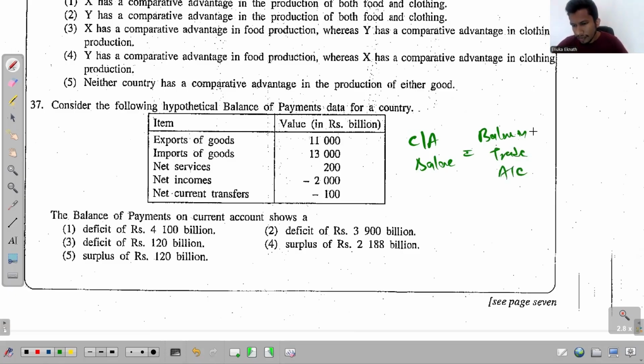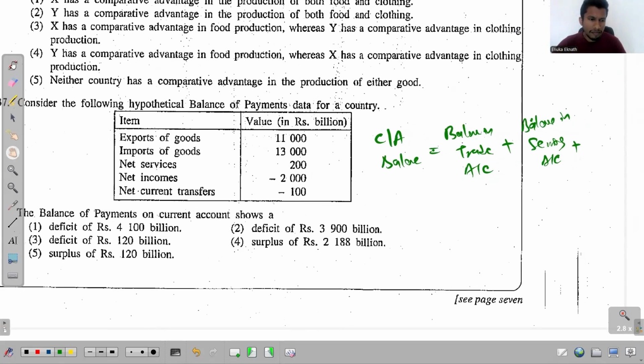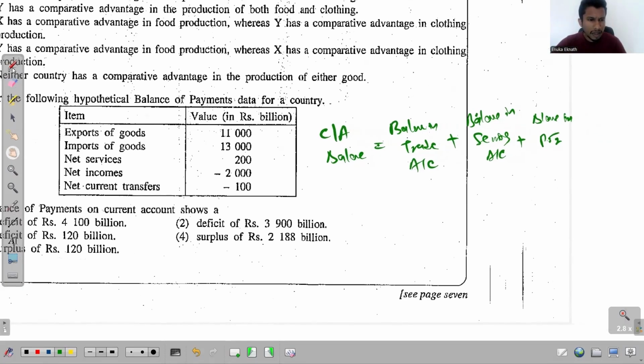trade account plus the balance in services account plus the balance in primary income account, and then finally we add the balance in secondary income account. So primary income account, secondary income account. So when you get the total of these four balances, you get the current account balance. Okay, so if you look at the given data, you can understand